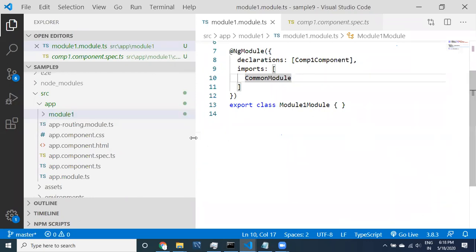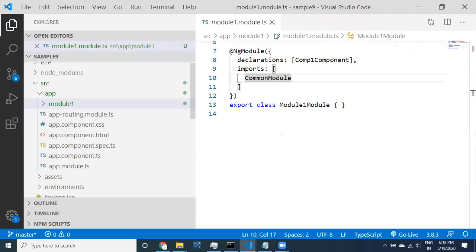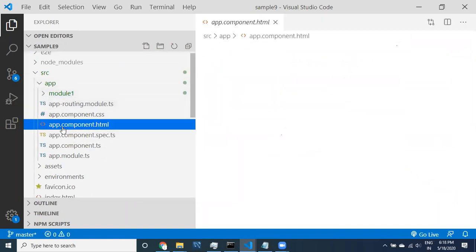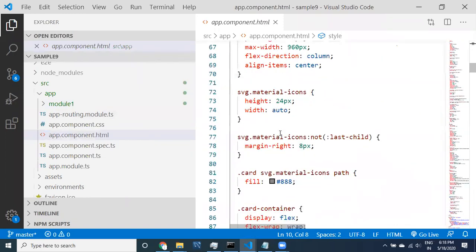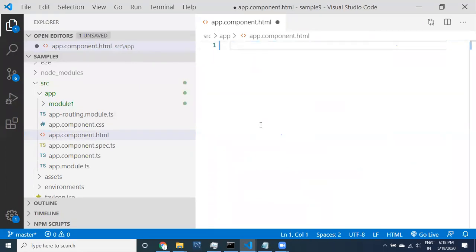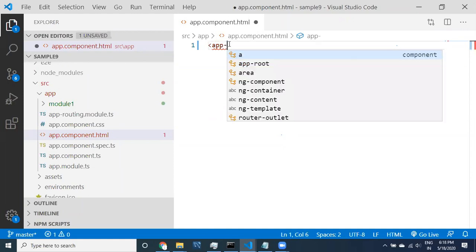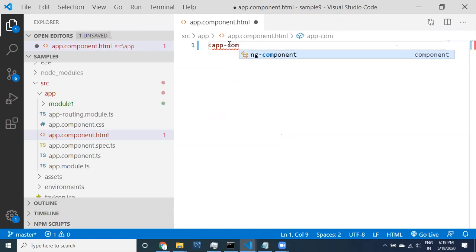Let me close these two things. Of course, I have provided the default implementation. I want to go to the app component.html. Here in the app component.html, I want to call app-comp1.